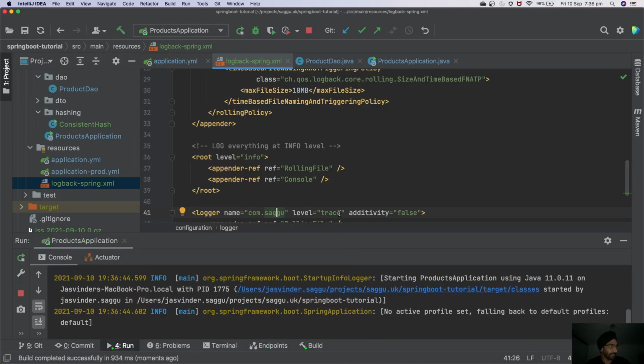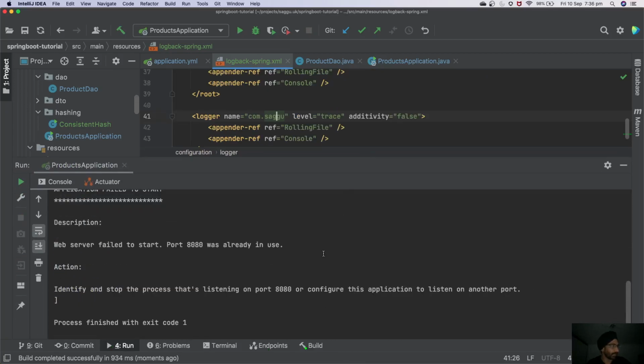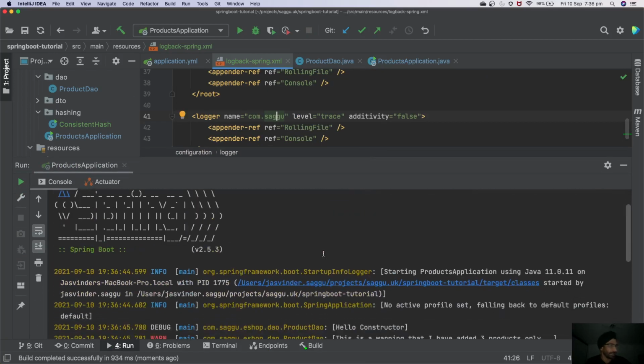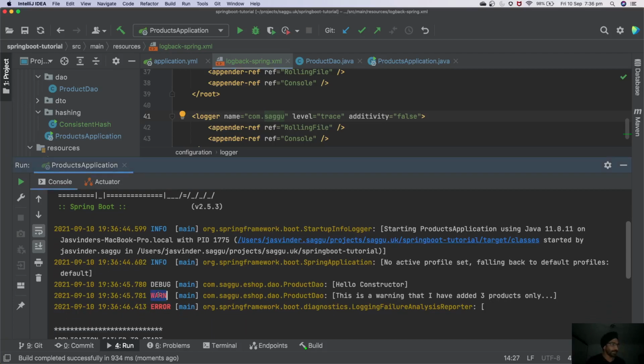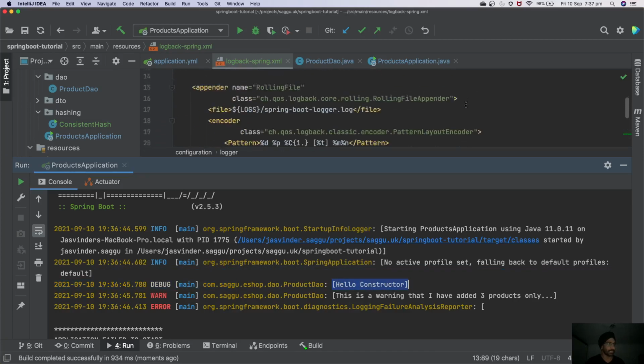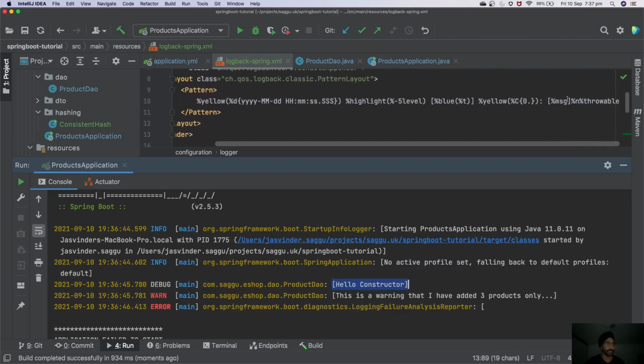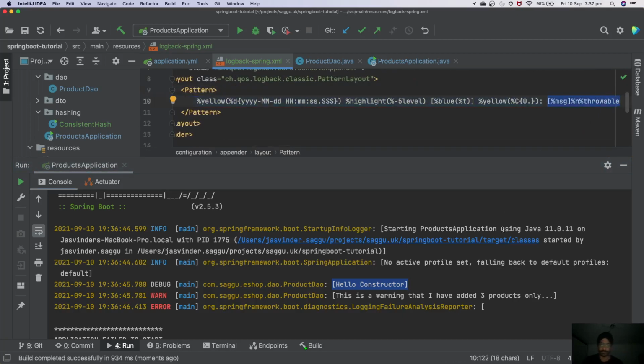this file will take precedence, as you can see already. One thing you will notice: now warn is printing in red, error is also printing in red. Earlier it was not red. Plus the format looks slightly different. My message is now in square brackets, because this is what I tried to do over here, just to prove the message is going like that. I hope you understood how